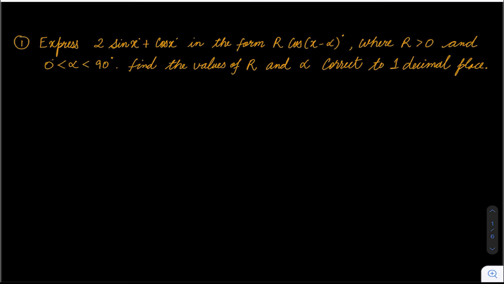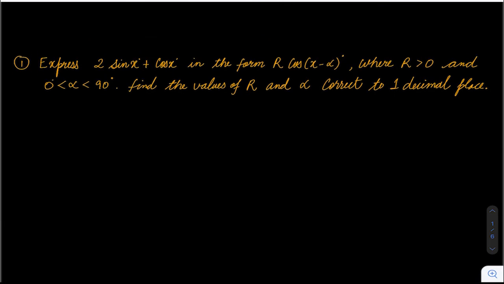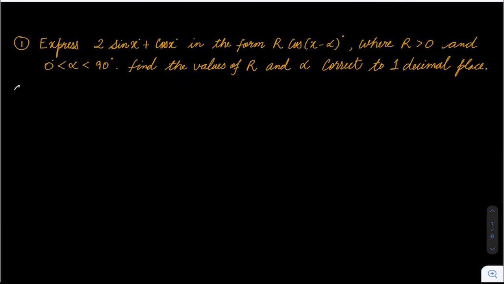Okay. So how do we start these questions is, first thing that we do is, if the question says to express in some specific form, then we will do it in that specific form itself. If it's not mentioned, then we will see the question, and how to think about which form we have to write, that we will do later. Okay, so first they are saying express 2 sin x plus cos x in this form, that is r cos of x minus alpha.